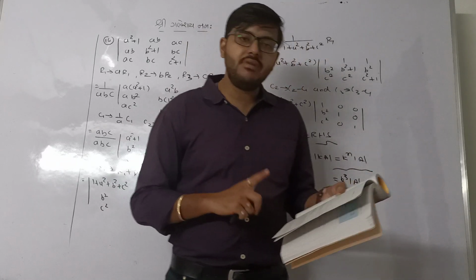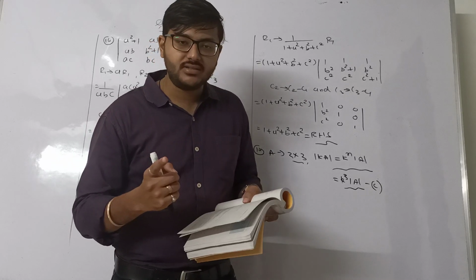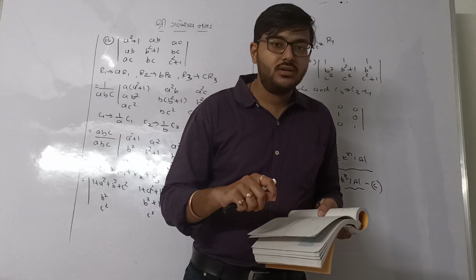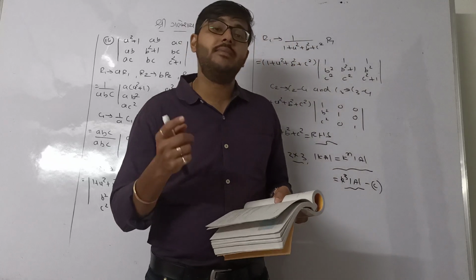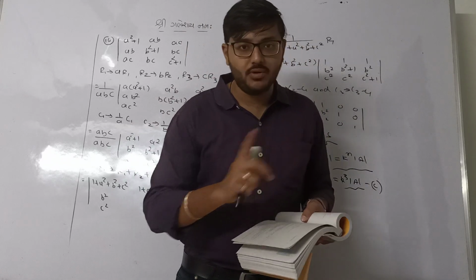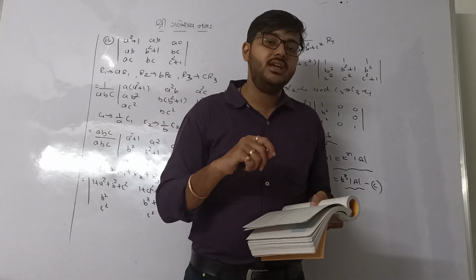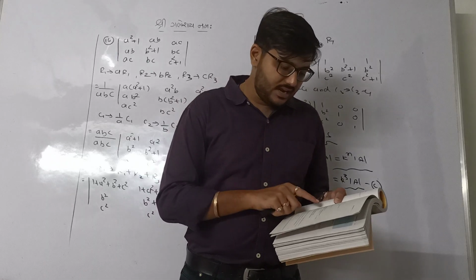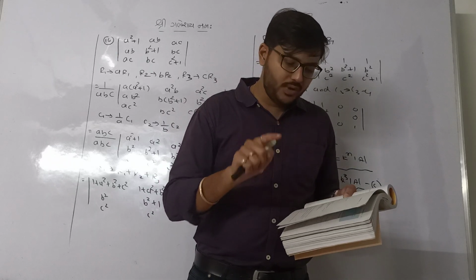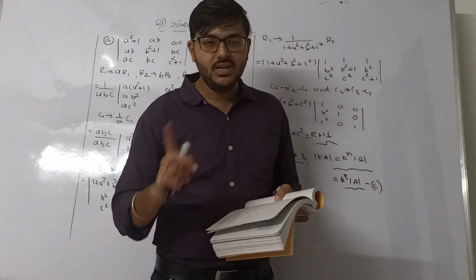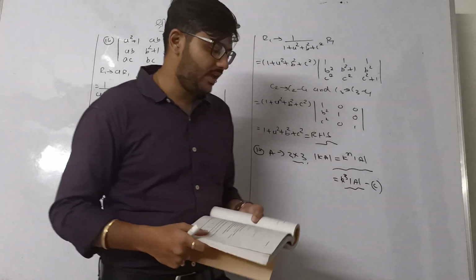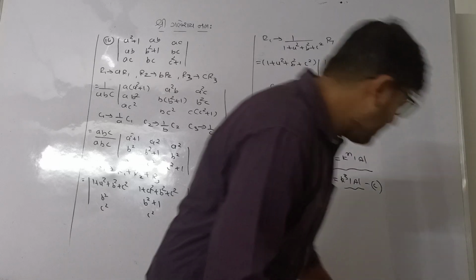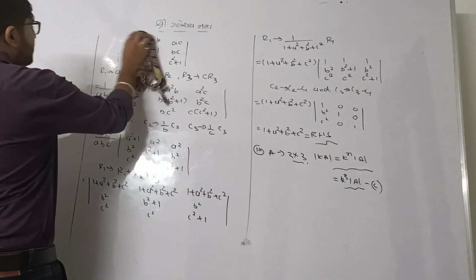B, determinant is a number associated with a matrix. Now number associated with a matrix, which means what? If we have a 2 cross 3 matrix, it would also have a determinant, but that is not possible because we know that every square matrix has a determinant only. So C will be your answer, that determinant is a number associated with a square matrix. Okay. So C will be your answer. Okay. So it's just a simple MCQ. Okay. Then let's talk about the next point.